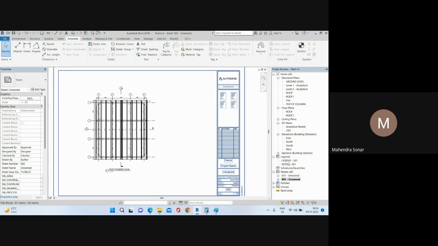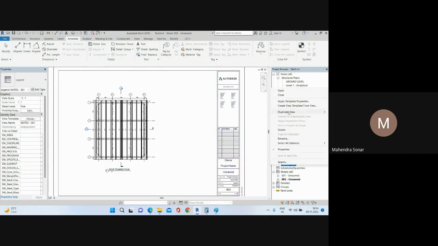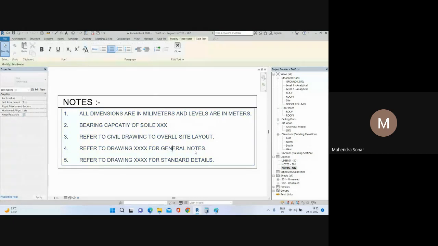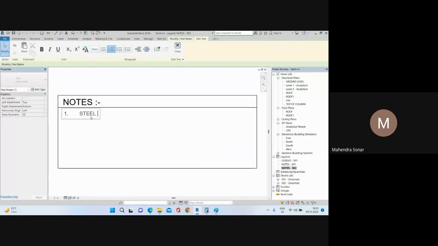You need to give only one drawing, but if you want to add some notes for this structural framing, right? So you can just copy these notes and duplicate with detailing, and you can just give the name for this drawing. So these notes I want to add on S02, right? And click here OK. Then steel related notes you can add here, the grade of steel. Then if you want to add some fabrication notes, so you can add here, right? So I will just add here steel related notes,